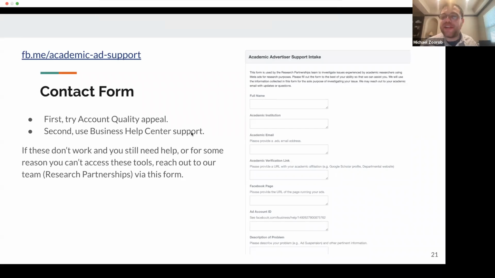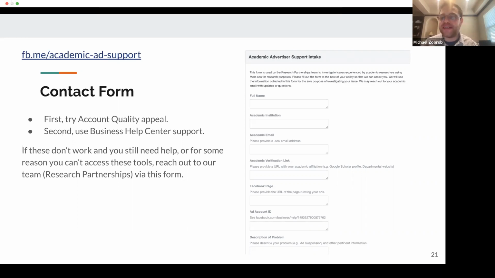It's always tricky to figure out how to talk about when to use this, right? Because on the one hand, if everyone uses this for every problem, we're overwhelmed. We're not a huge team. And also, we may not actually be as efficient as some of the scaled options available to all advertisers that are, for example, operating 24/7. But on the other hand, we absolutely want to help you if you're stuck.